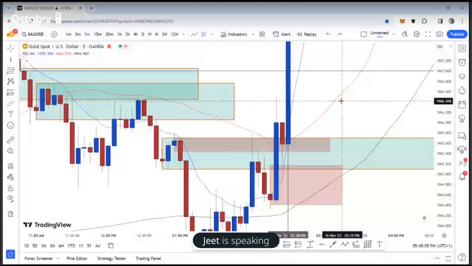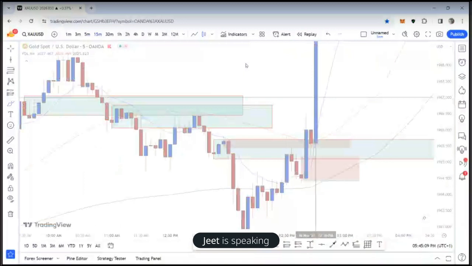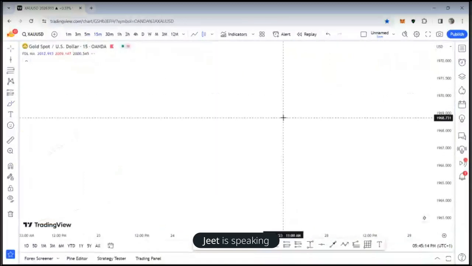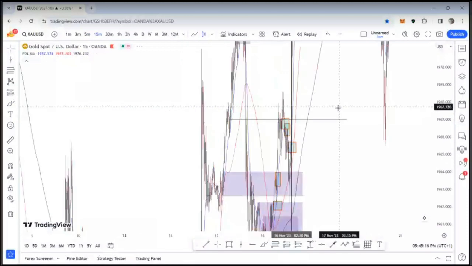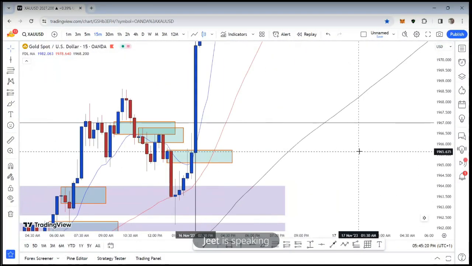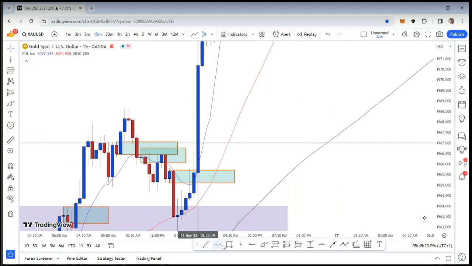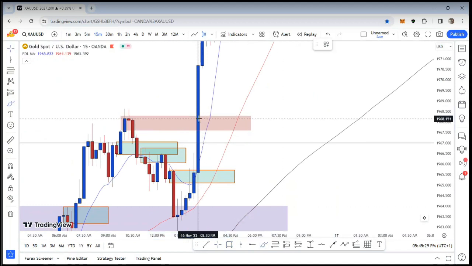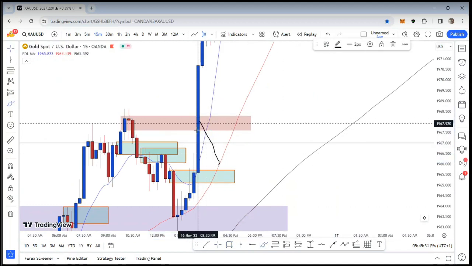Yes. So now going back to our 15 minutes, it is really obvious that the 15 minutes structure that we wanted to break actually broke. Now I expected that after this break, this level here is going to hold markets back so that when it is retracing,